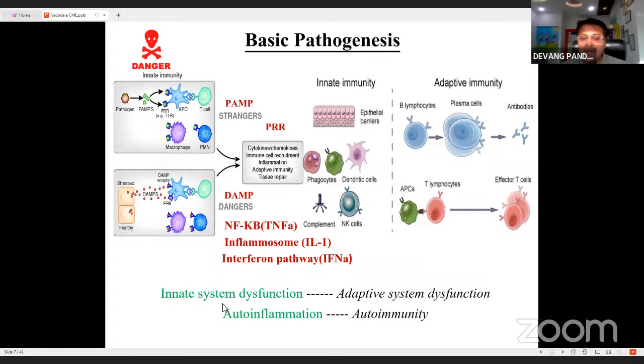So basically, innate immune system dysfunction will cause autoinflammation. If it does not get treated, then there is involvement of adaptive system dysfunction, and autoimmunity is present lately in these diseases, and it will cause irreversible damage. So ultimately, these diseases are called rare, but they are not rare, and there is a tremendous window period. If we treat here, it will not progress to involve adaptive immunity.